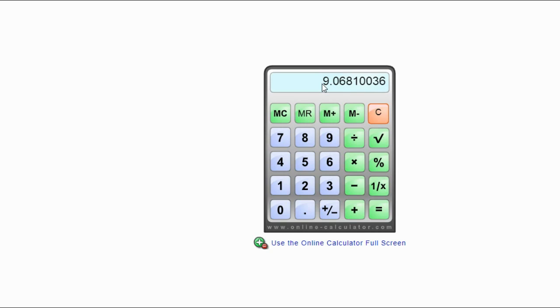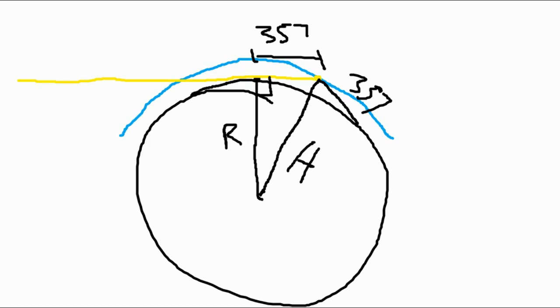So let's go back to the original map. Not the original map, but the original drawing here. So at 10 kilometers high, we were looking at 357. At 5 k's high, we were looking at 253. At 253, it's all over in 9 minutes. At 357, I think it was, what were we looking at there? It was about 12 minutes.